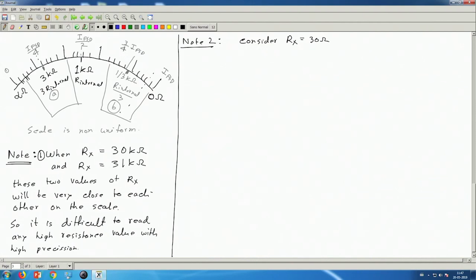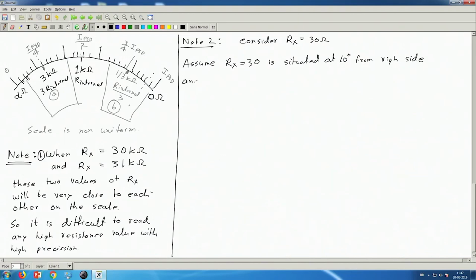Say this position, Rx equal to 30 ohm, is here at 10 degree. So assume Rx equal to 30 ohm is situated at 10 degree from the right side,